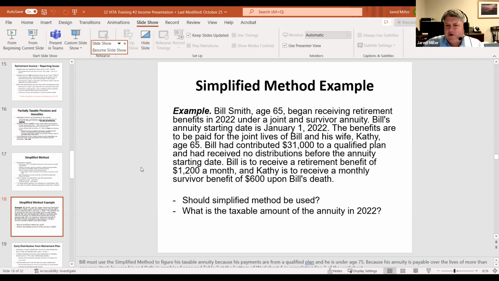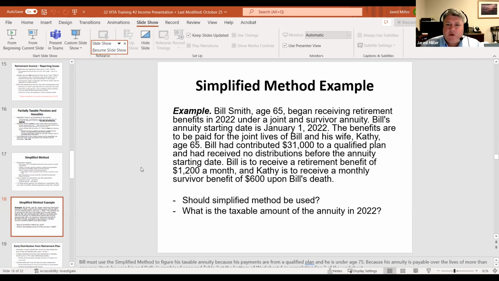So what we have, this is the first year the annuity has been taken. It's well after the start date that we had taken a look at on the prior slide. Both annuitants are under the age of 75, so we'd be using the simplified method. If we wanted to review the tables, we do have some reference links for you in the 4012 and also the 4417. Sorry, I'll have to double check on the other one as well. But we have some reference guides to go ahead and do the simplified calculation. The software will do it.